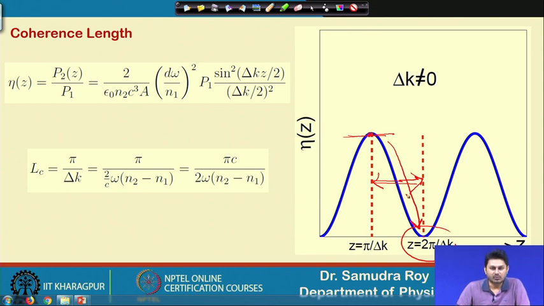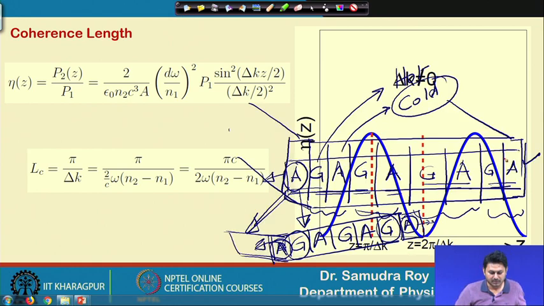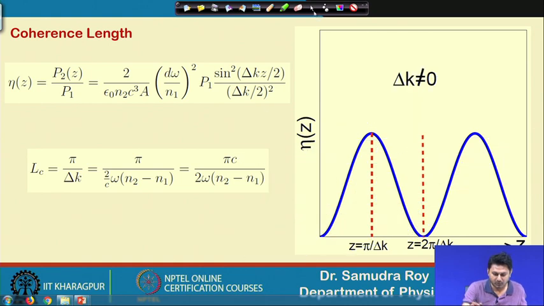The evolution of the second harmonic wave we derived, and we solved it under the condition that there is no pump depletion. That means, if I launch a very strong E1 wave, this E1 wave is basically not going to change, and if I take it as a constant, we find that there is no change at all